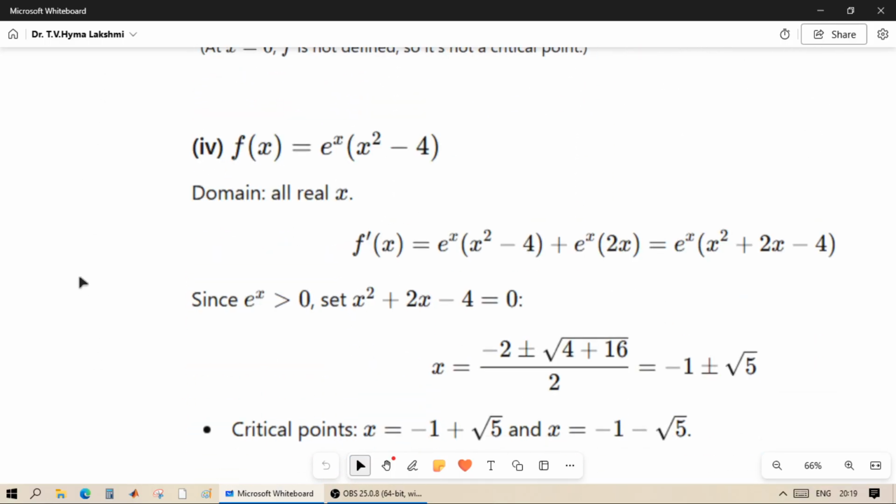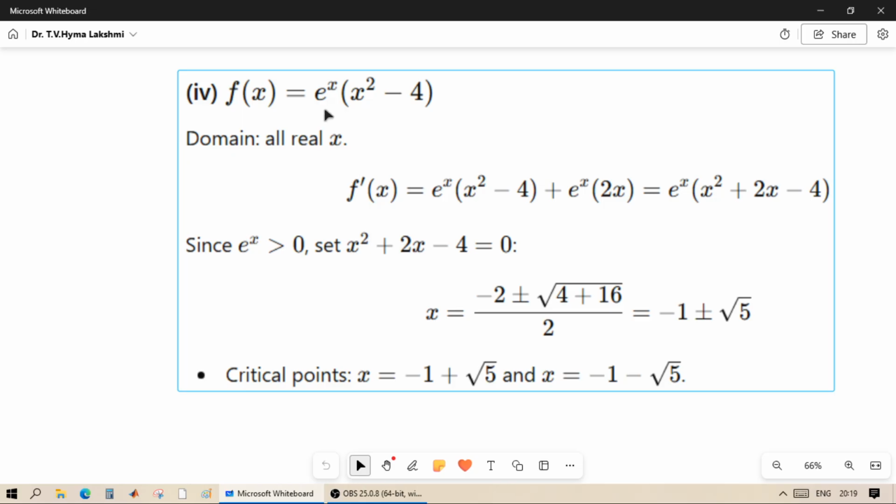Now let us see another example, that is f of x equal to e power x into x square minus 4. This is in the form of uv. So differentiation is u dash v plus u v dash. The differentiation of e power x is e power x, into x square minus 4, plus u v dash, that is e power x into differentiation of x square minus 4, that is 2x minus 0, that is e power x into 2x. So it will be e power x into x square plus 2x minus 4,